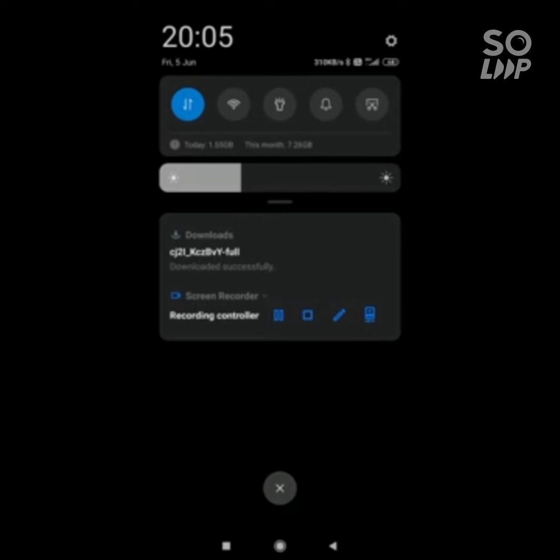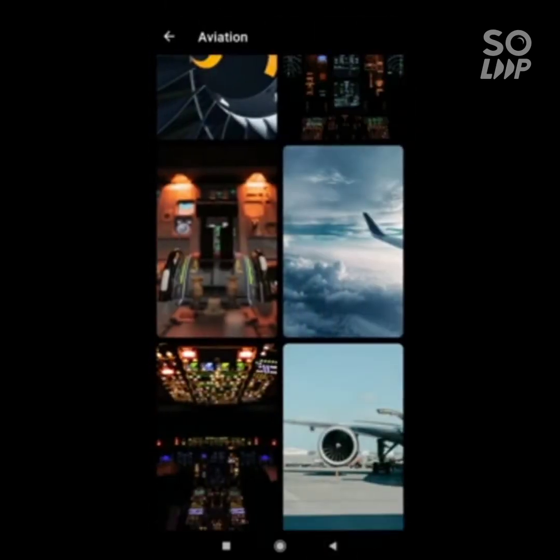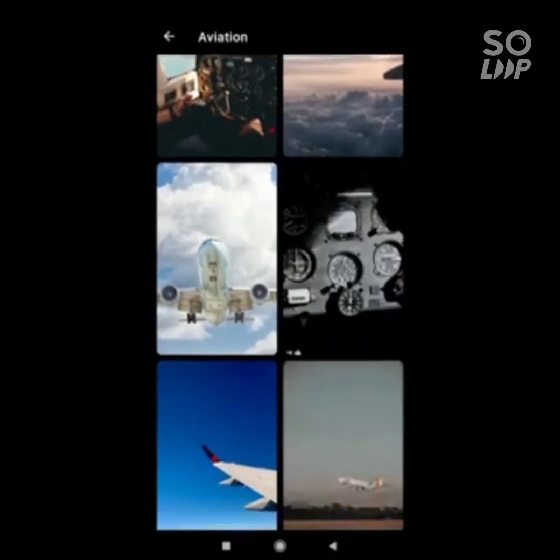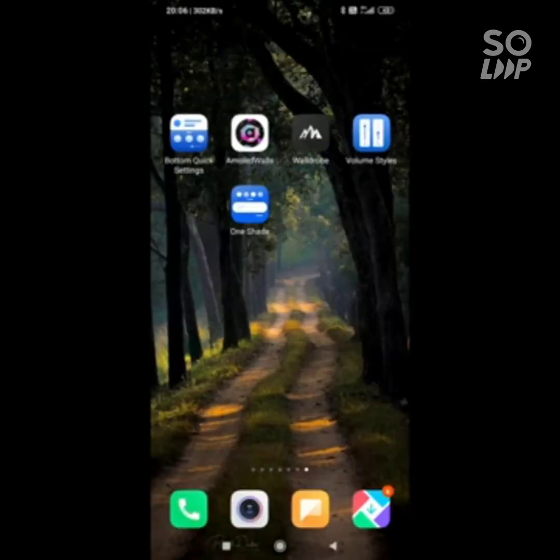Go to downloads, click on the image, set it as wallpaper, and that's it. You have pretty cool images that can be set as wallpaper. Another one is 4K Wallpaper, which works the same as AMOLED Walls.